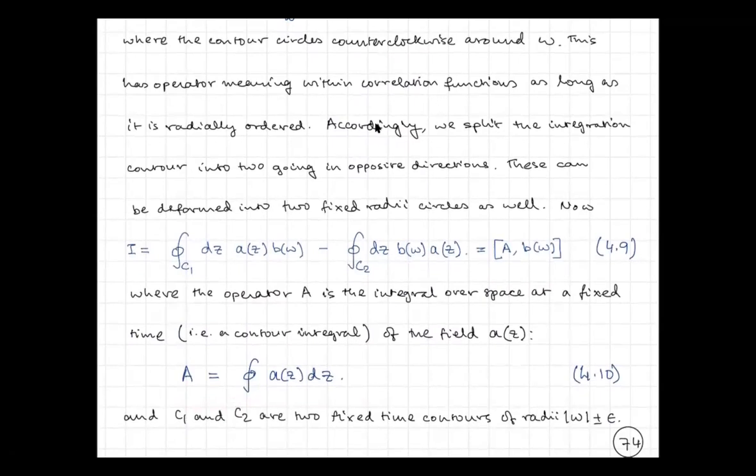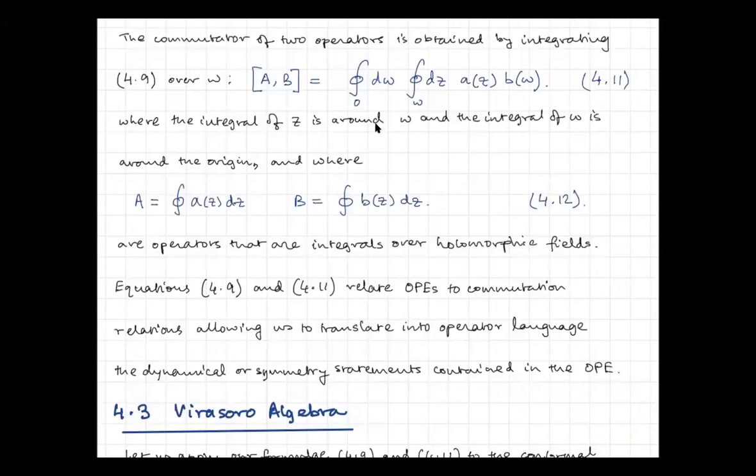Okay, so this was nice, and the fact that if we had two of these, A and B, which were defined by the integral of z and integral of az and integral of bz, then the commutator of A and B was given by this thing. So you did two of these contour integrals now. So these two equations, 4.11 and the previous equation 4.9, related OPEs to commutation relations, and allow us to translate